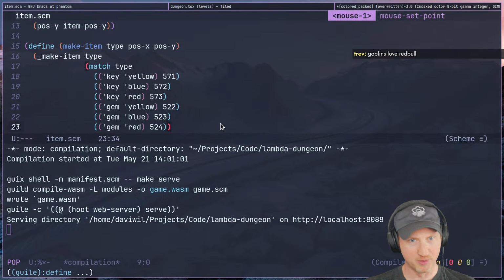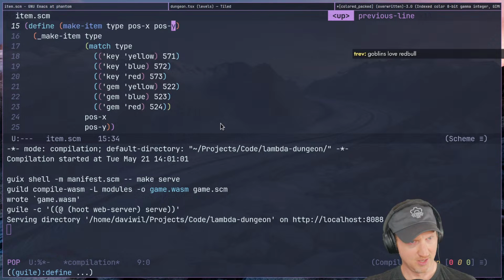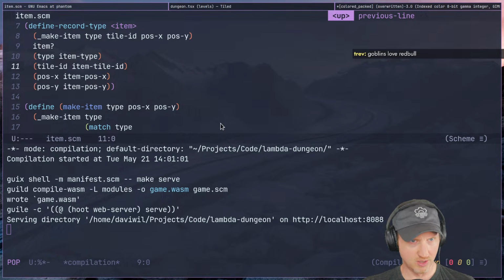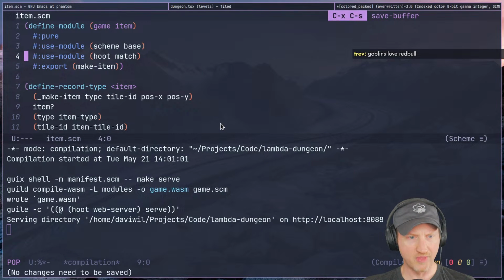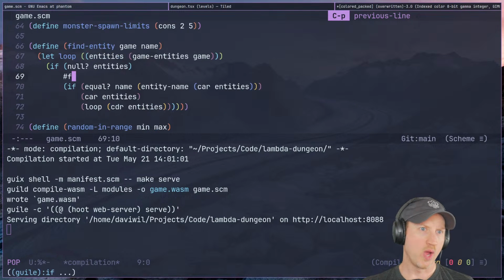So if the goblins want to get tachycardia, they can just go grab one of those instead. All right, so make item is all good here, I think. Then in game.scm, how are we going to do this? We need a way to store